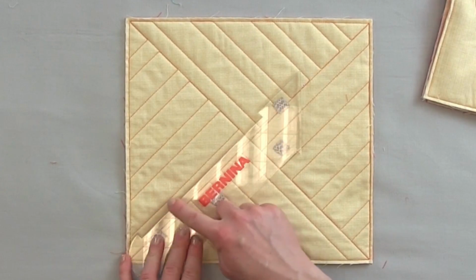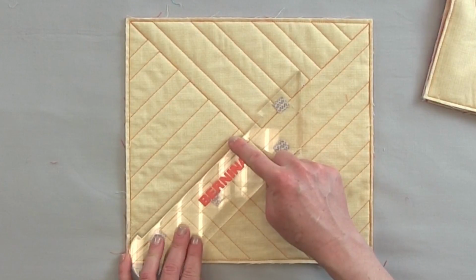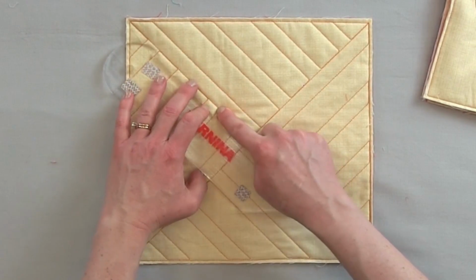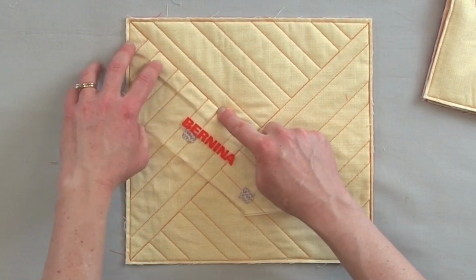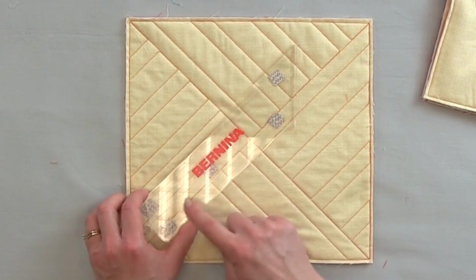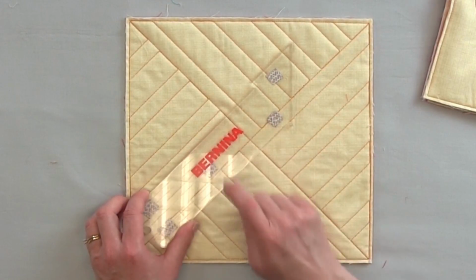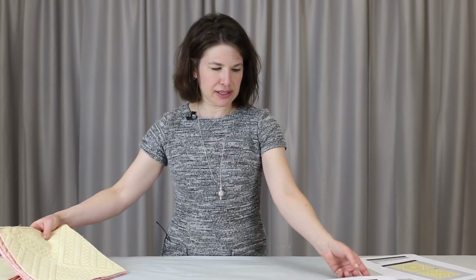I stitch along my ruler to get a straight line. And then I pivot up the side of the design and stitch along my ruler again. And then I move my ruler, and I can use the echo lines on the ruler to make the next line. So this really minimizes the marking of your quilt top. After we go through straight line designs, and you can see some more here,